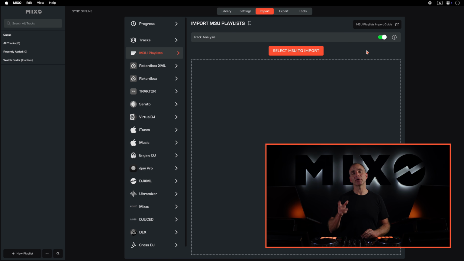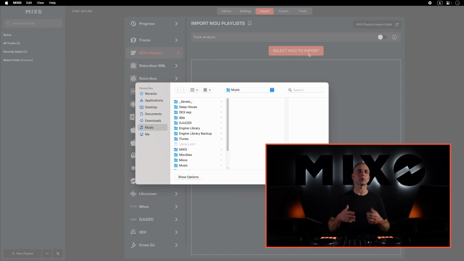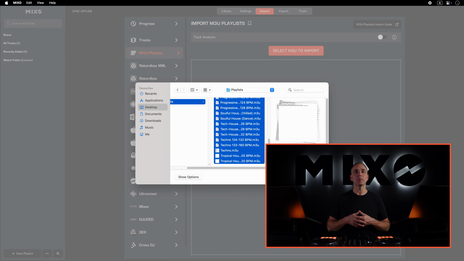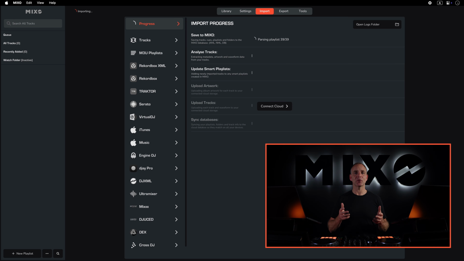Next, let's click on Select M3U to import. From here we can choose the folder where our M3U playlists are, and we can choose to import one or multiple playlists. Mixo will save the tracks using the info available from the playlist file, and Mixo will then go